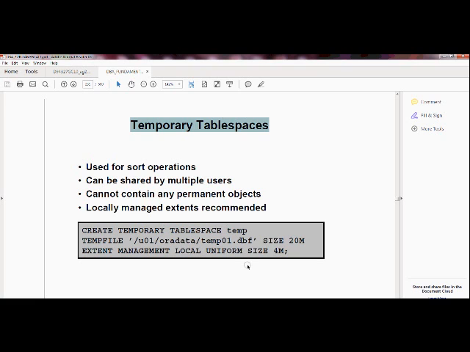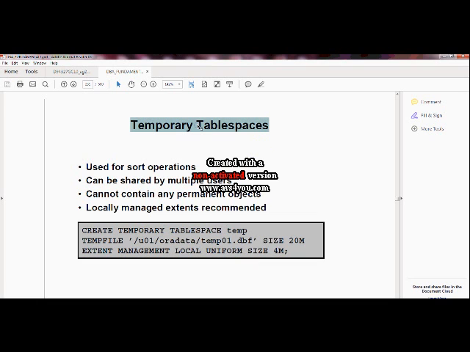Sort operations means whenever you are performing select star from tab order by clause. So what will the order by clause do? It will be sorting somewhere, right? It will be getting data from the blocks, but it will be sorting somewhere. The place where it sorts is called temporary table space.